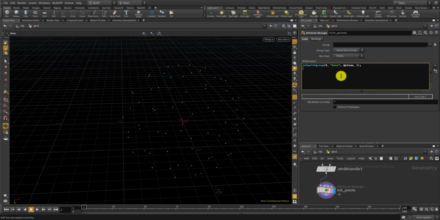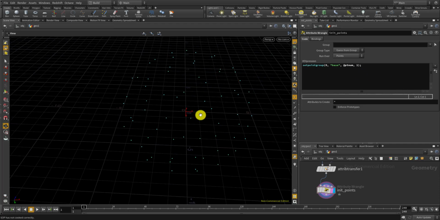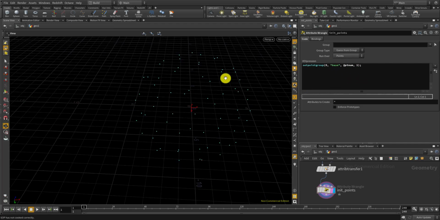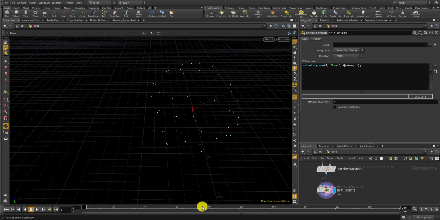and later on, those points will lose the group base, but I also still want to keep the initial condition of the points, like when and where did the frost initially start. So even after all the frost growth, I still would like to know the initial point position, the point number of the frost branch. So for that, I'm also setting another group called source at ptnum with 1,